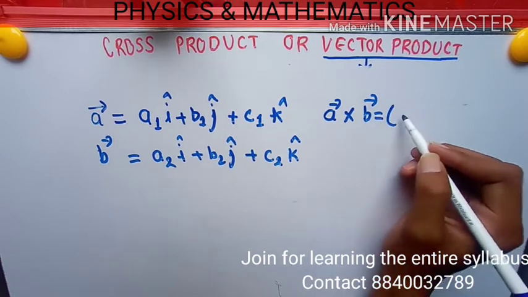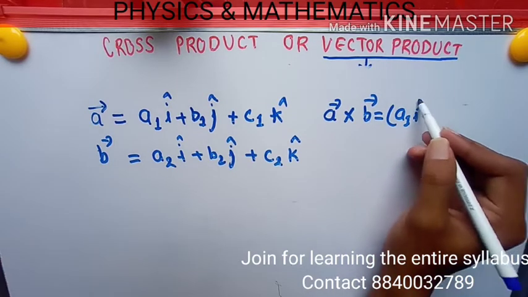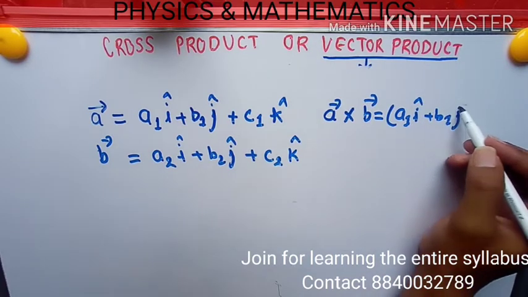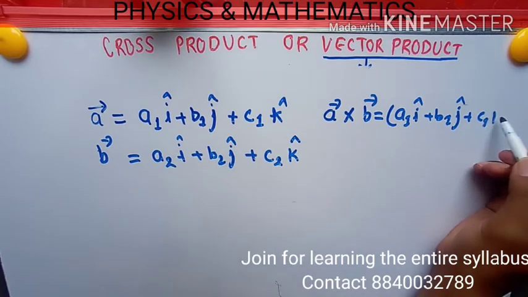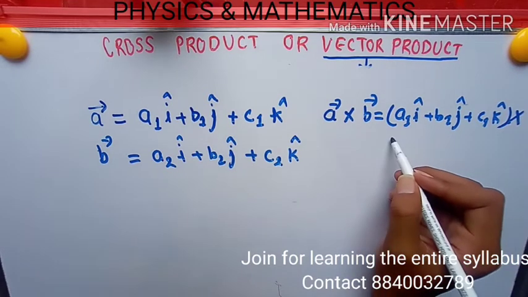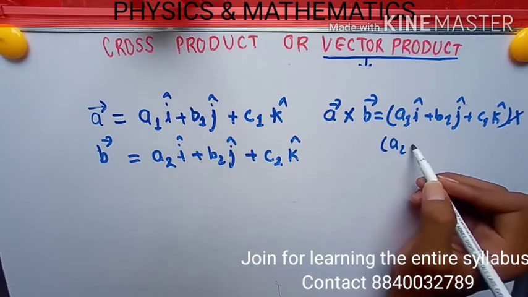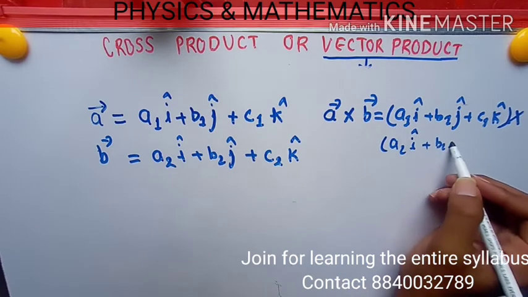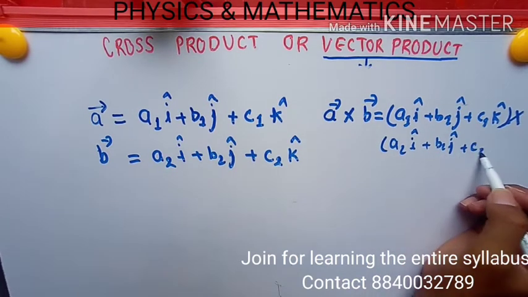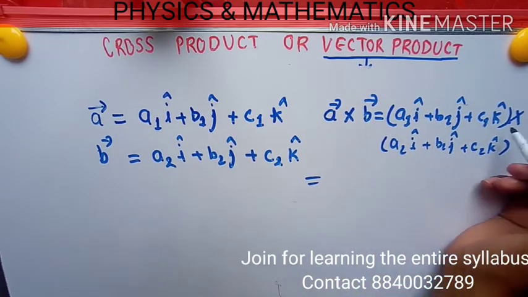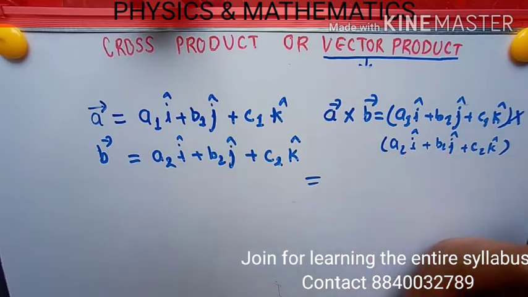Easy. In one bracket you will put all the quantities of vector A along with their components i, j and k. Thereafter you will put a sign of cross, and now write the second vector. This cross sign is not similar to your simple product. Clear? Because you wanted a direction. So this simply goes like a product, but this is not actually a product.